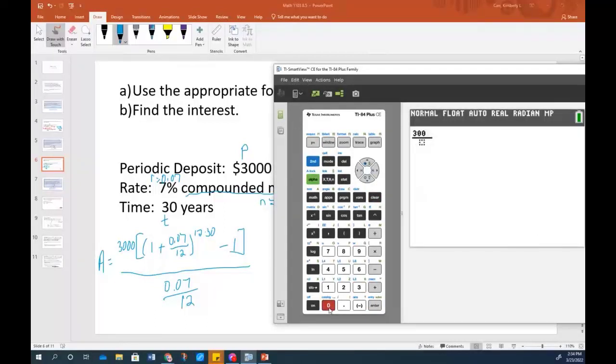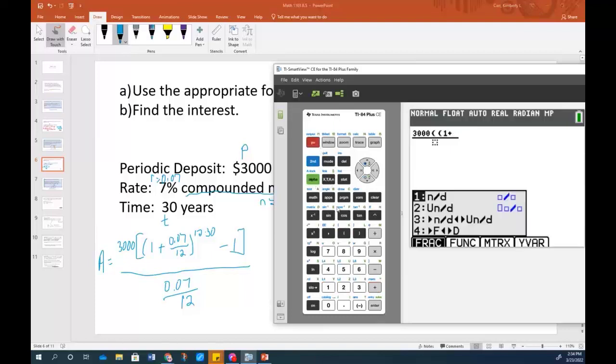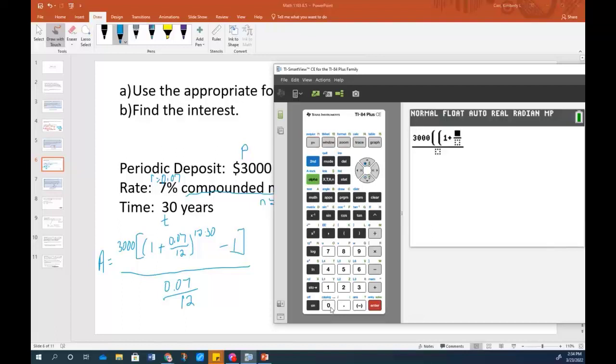Then I have 3,000, open for the bracket, open for the parentheses, 1 plus, now I have another fraction, so alpha y equals enter, 0.07 over 12, close, raise to the power, and then up in the exponent I have 12 times 30 minus 1, close for the bracket, and this is all over a fraction, alpha y equals enter,